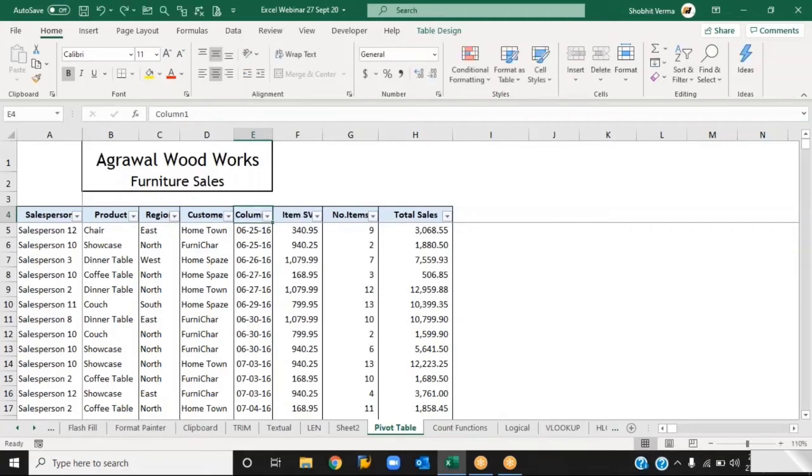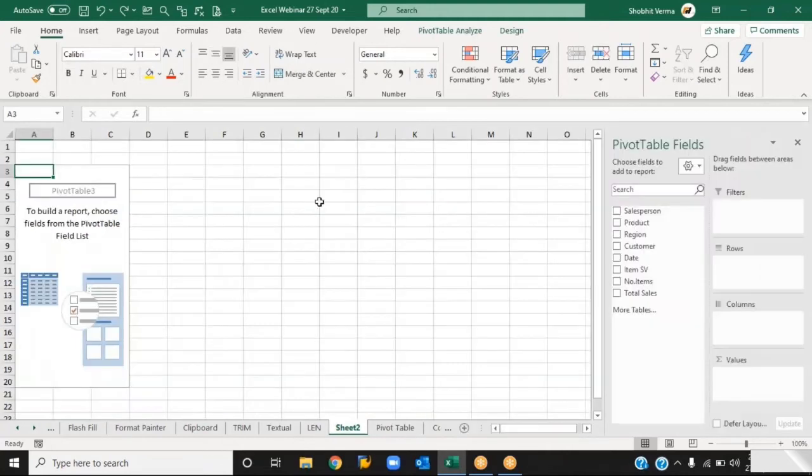So the main condition is that all your rows and columns should be filled. There should be no empty column or empty row in the data, otherwise your pivot table will not be prepared. Your columns should have a valid heading, because that column heading will come here in this area.